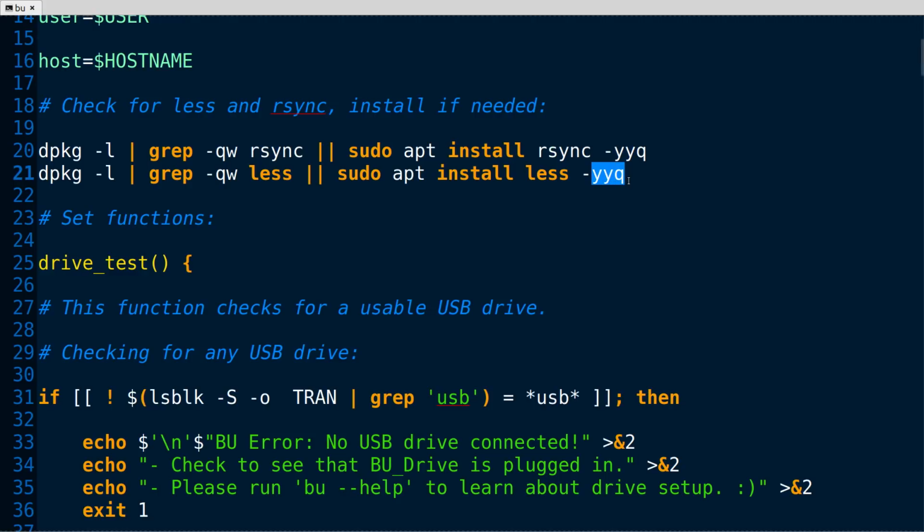A lot of people always ask me about this part, because it's something I use. You see how we have two Y's and a Q there? That is not very well documented. You have to dig for it. And people say, well, you don't need two Y's. Why do you have two Y's? Basically, the two Y's tell the command, do it even if there's an error, and don't alert me. Just keep going. Even if it comes up and says something screwed up, don't stop and alert me.